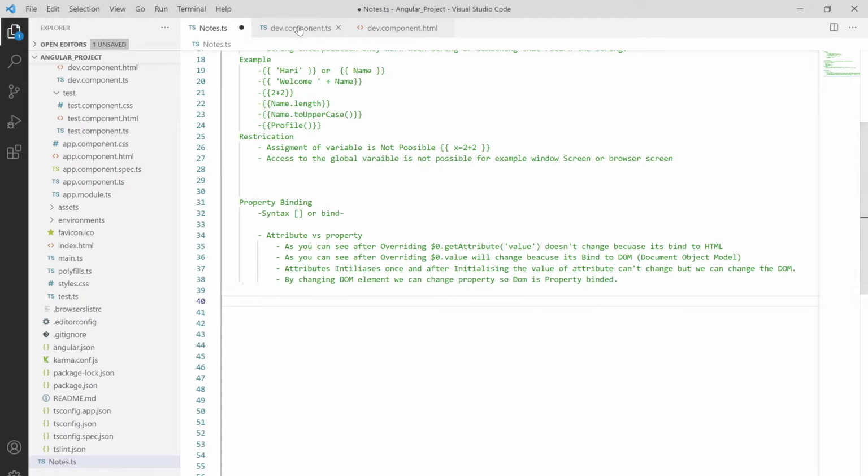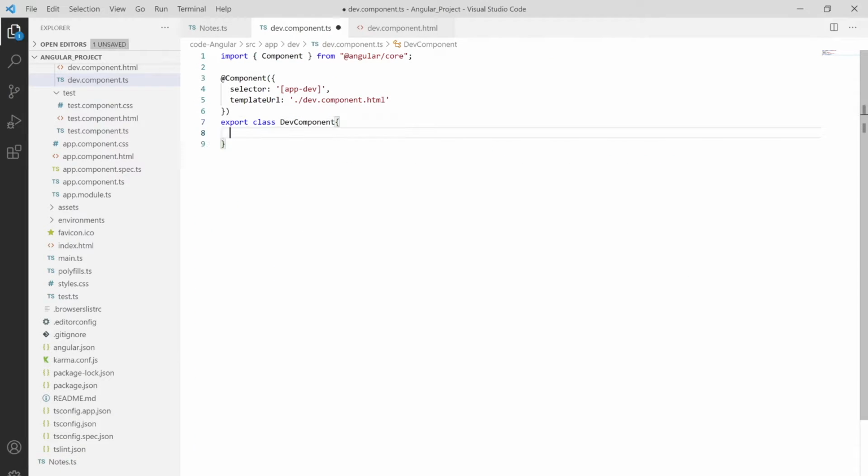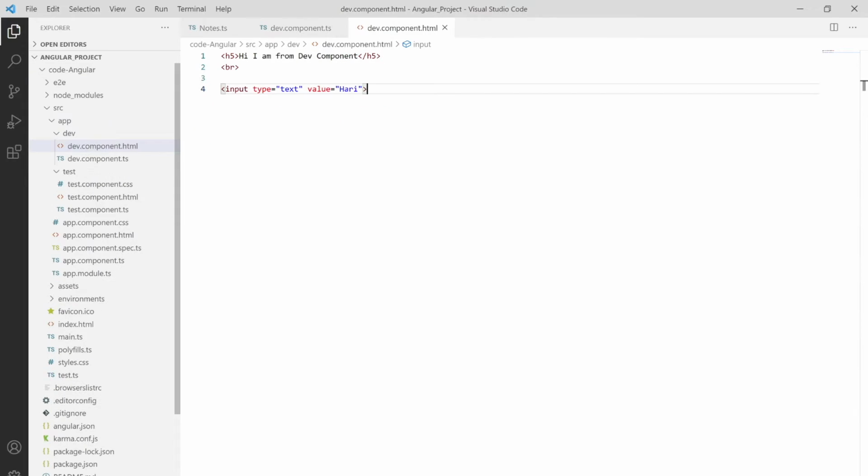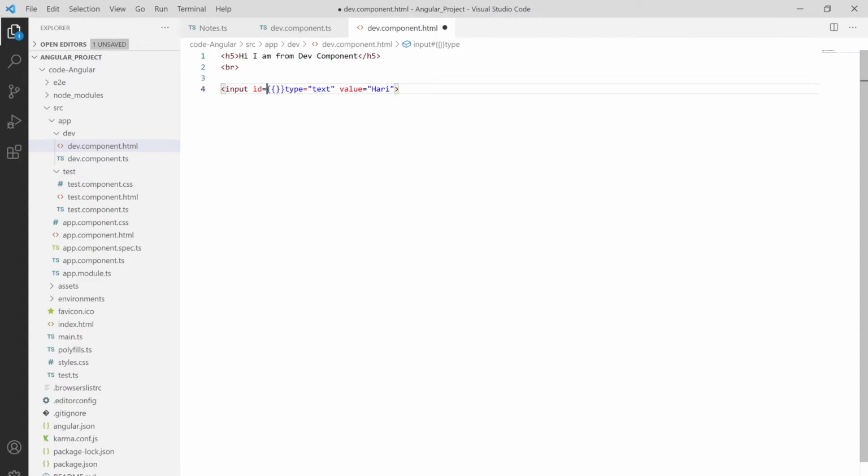Let me show you. Here I'm creating my name ID, putting the value 101, and saving. And here I'm using an ID, assigning it using the interpolation symbol.